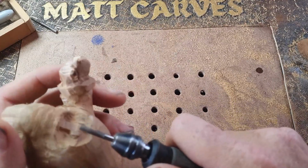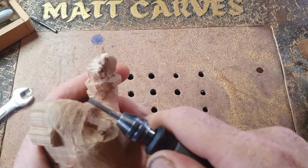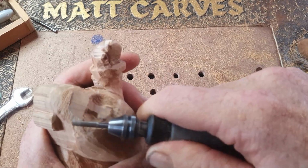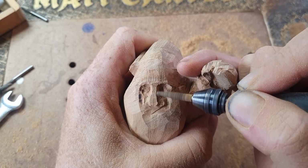Things don't work out perfectly all the time. You just adjust as you go. I think the main thing when you're doing these kind of carvings is to leave room for errors when you're first learning, especially when you're doing something new. I go at things really gradually. Now, if I was carving Santas...